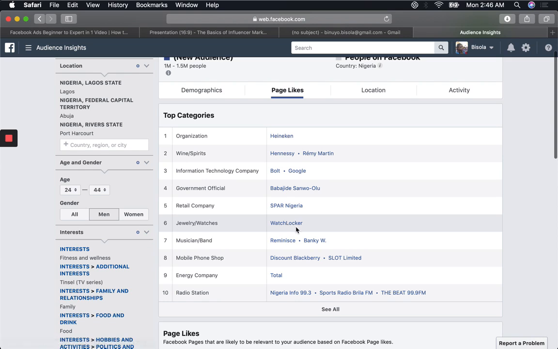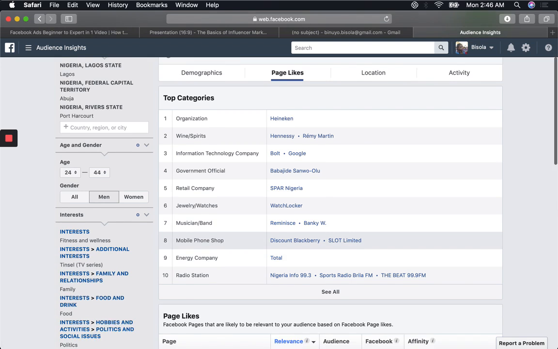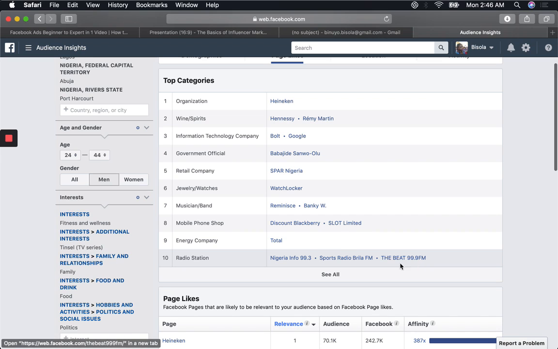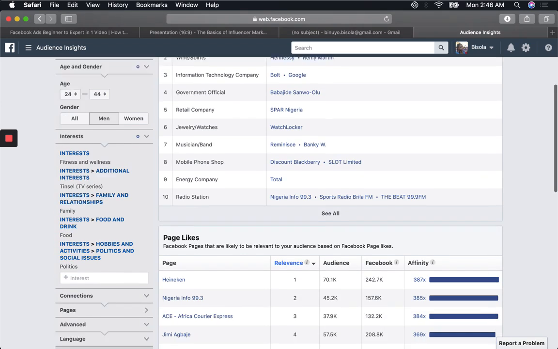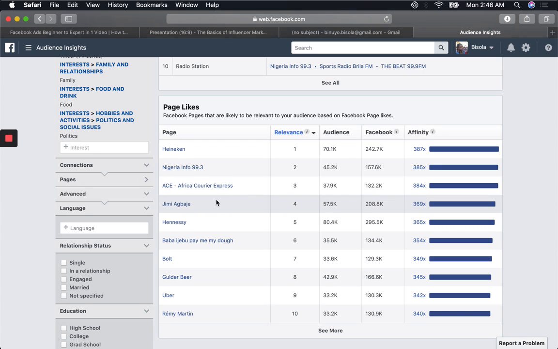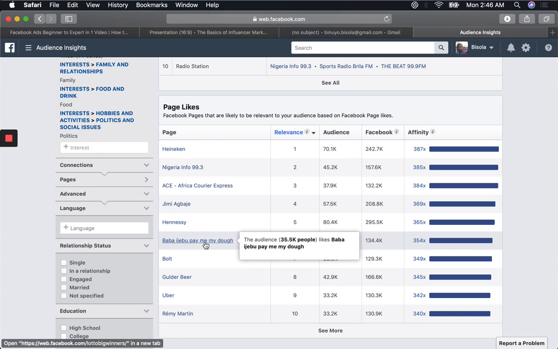Their brands of wristwatches, Watch Locker. They like Banky W, Slots Limited. They buy their phones from Slots Limited. Energy company. So maybe some of them fall into Total. You understand? They listen to the Beat 99.9 FM, Sports, Radio Brilla. You understand? So these are the pages they like. They like Heineken. They like Ace Courier Express. They like Jimmy Agbaje, Baba Ijebu,